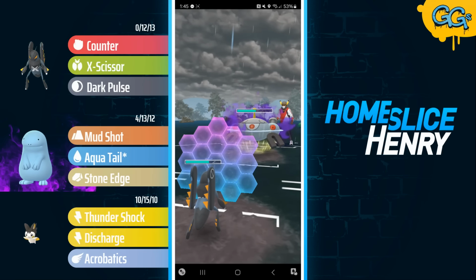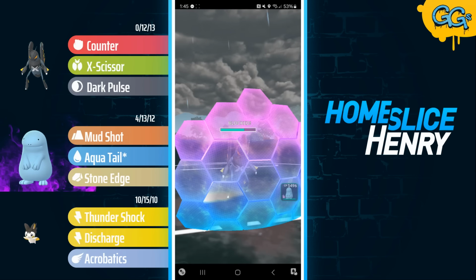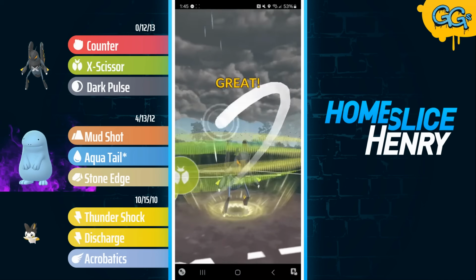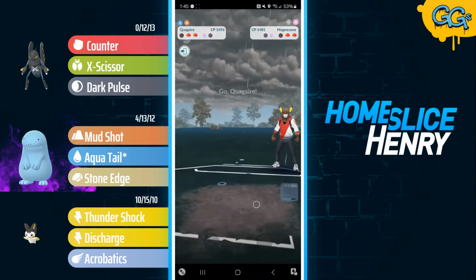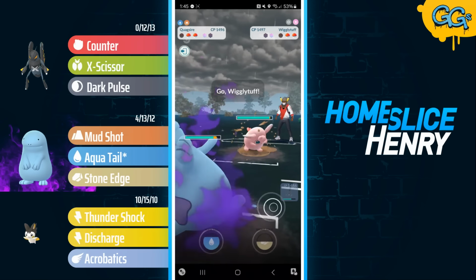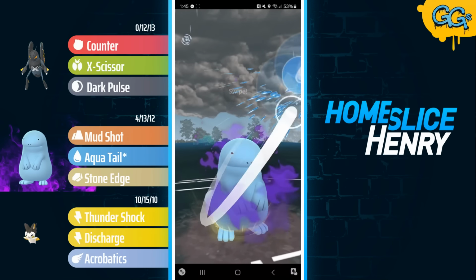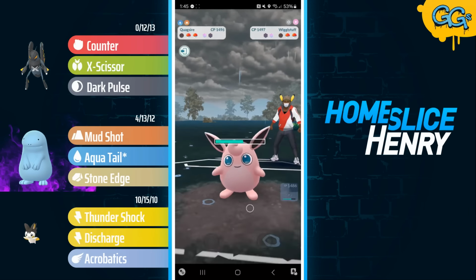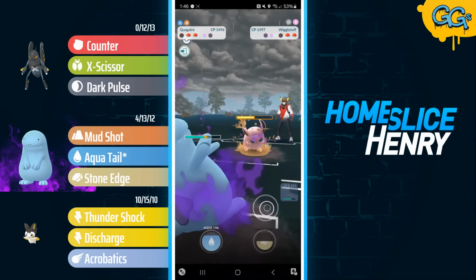This is very important, because if they Wild Charge here, they have to shield back, or even though the X-Scissor is resisted, due to their heavily debuffed defense, they just lose the Pokemon. And now in the one shield, I click the switch button right away, so I do get the 0-turn switch. And Shadow Quag is going to be able to handle this Wigglytuff in the zero shield no problem,